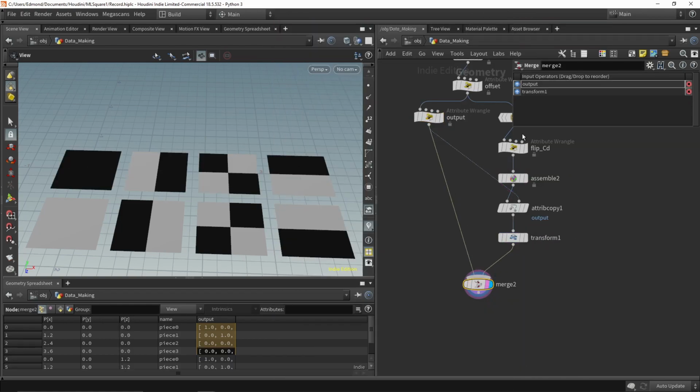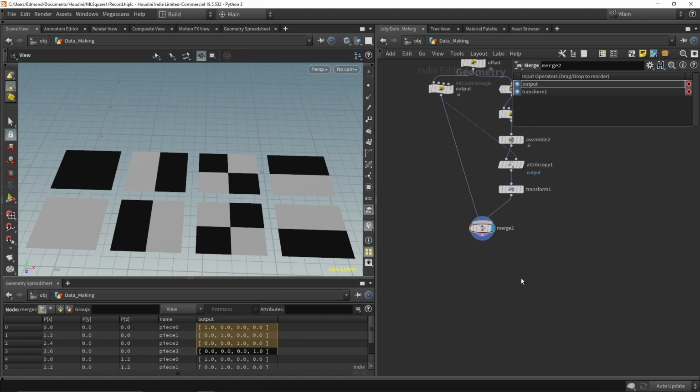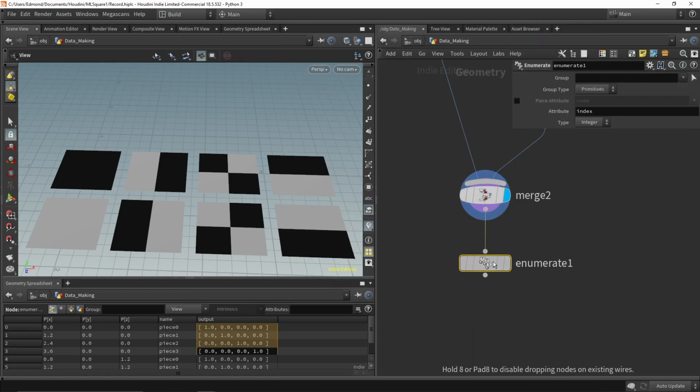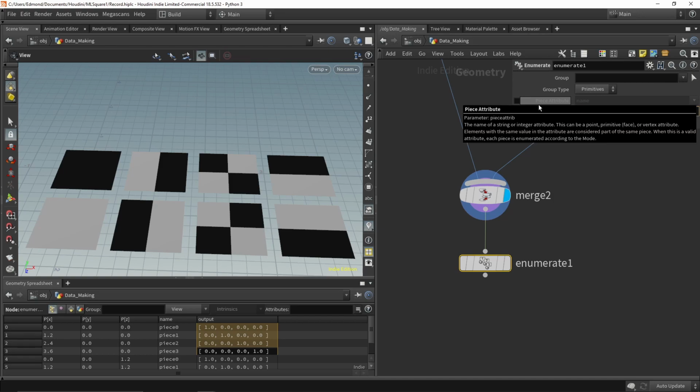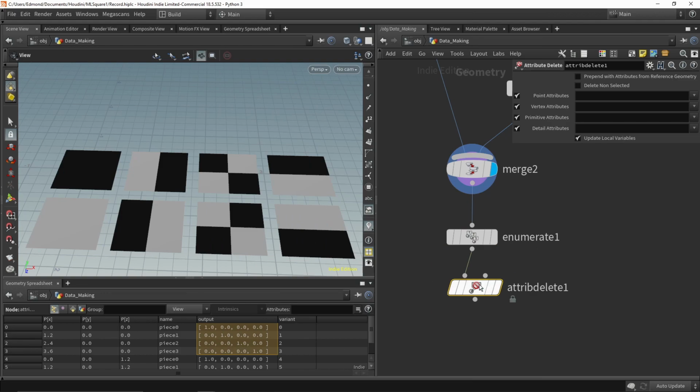After merging everything together, you can see that we have 8 grids. Each pattern appears 2 times, and I will put down the enumerate node to generate the variant attribute, because we will use the copy to points with the variant option to generate our data points.